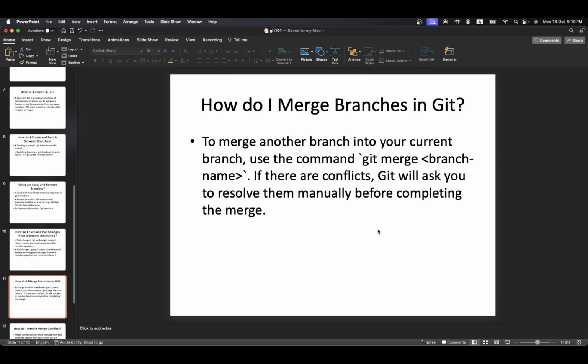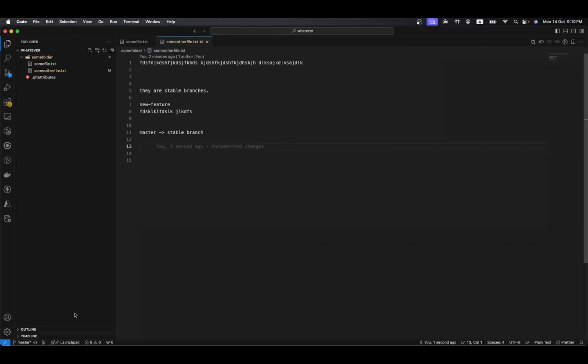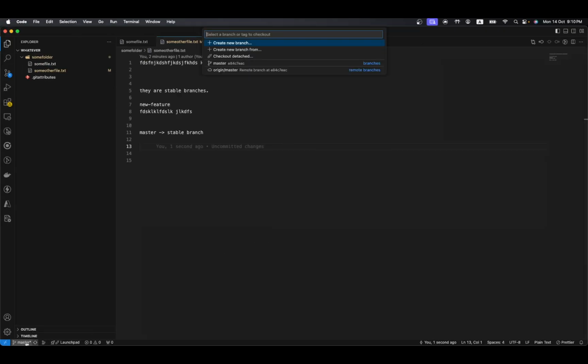How do I merge branches in Git? So let's say right now I am in the master branch, okay? And I can create a new branch off of master. I can name it some other branch. I'm not good with naming, but let's say IT learning is the best, for instance. Now, if you look down here, you can see I am in the branch IT learning is the best, okay? And I can do in the terminal,